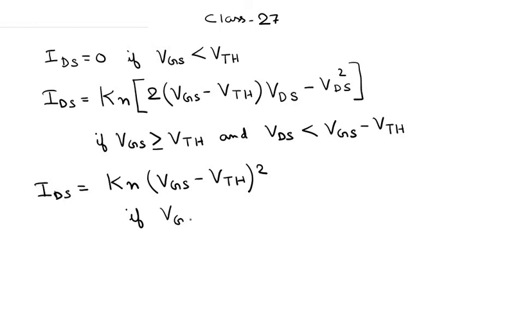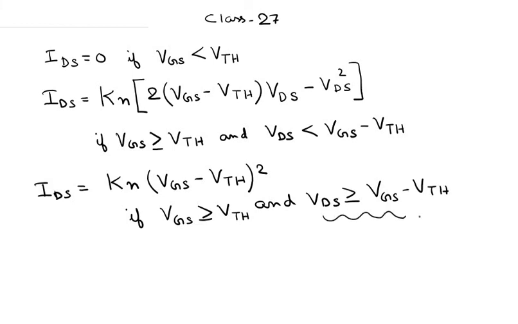So if VGS is greater than or equal to VTH and VDS is greater than or equal to VGS minus VTH, and again this is the condition for the saturation regime of the MOSFET. And we saw that this capital Kn is basically given by